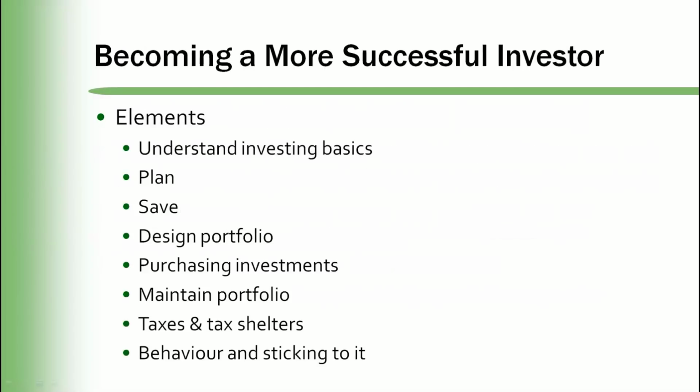So becoming a more successful investor involves a number of elements to put that recipe together. You need to understand the investing basics, why you're investing. You want your money to grow, of course. A plan to help support your investments and motivate why you're investing and how you're investing. You need to then actually save some money so that you have money available to invest, which means you've got a budget and spend less than you earn. Then you're going to design a portfolio of investments and then actually go and purchase those investments and maintain your portfolio over time. So as you're purchasing more investments and they change in value, getting back to your design portfolio,